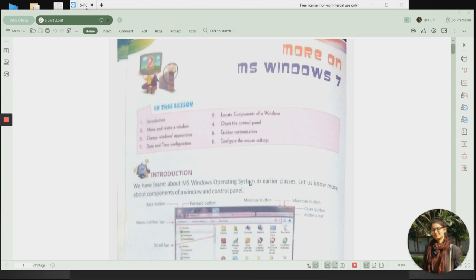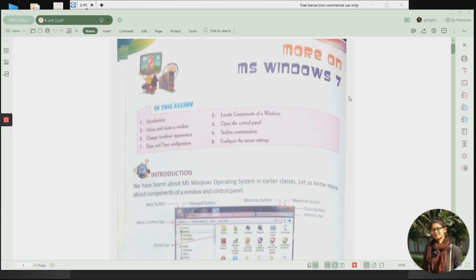When we were in the earlier class, we learned about operating systems. In this chapter also I have told you something regarding the system and the central processing unit. Now over here in this chapter we are going to deal with MS Windows 7, that is basically a type of window or operating system. And furthermore we will see how we are going to use this window.